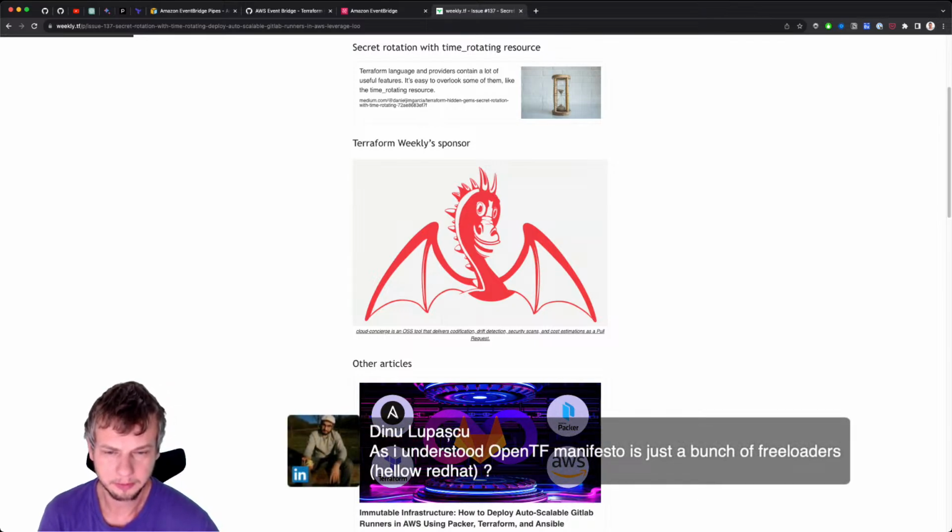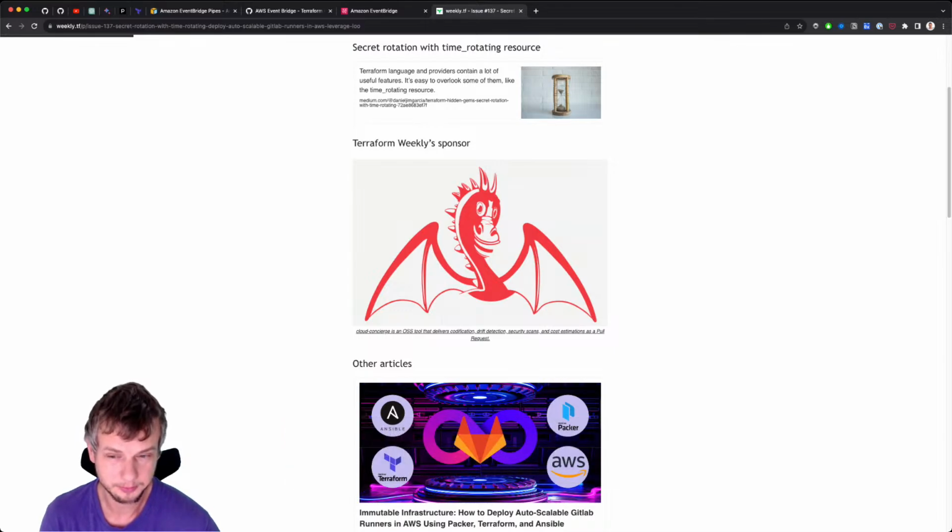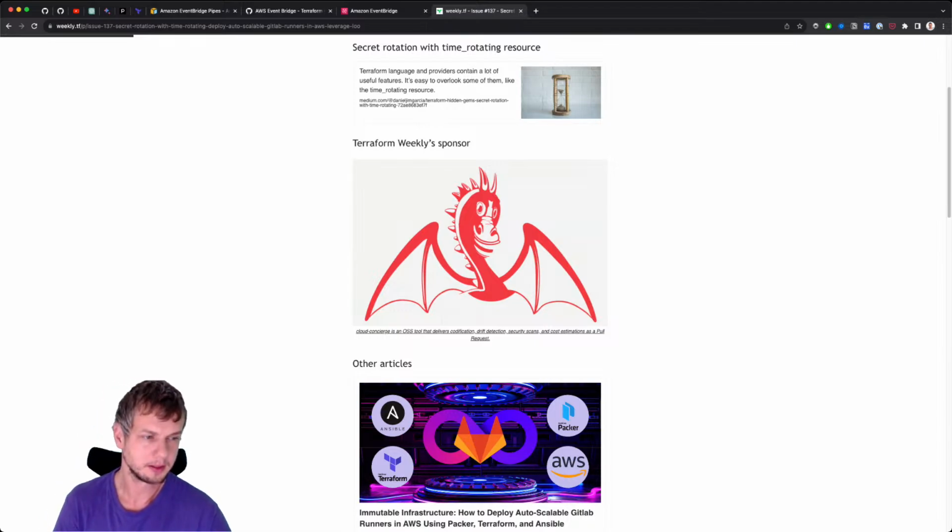As I understand, OpenTF manifesto is just a bunch of freeloaders. Well, I don't want to even think about OpenTF, honestly, because I don't have a problem with this. I was not affected by the license change by HashiCorp, first of all. Second, the direction where OpenTF is moving is kind of strange. And lastly, but not least, the intention of this move in general is pretty vague. So yeah,